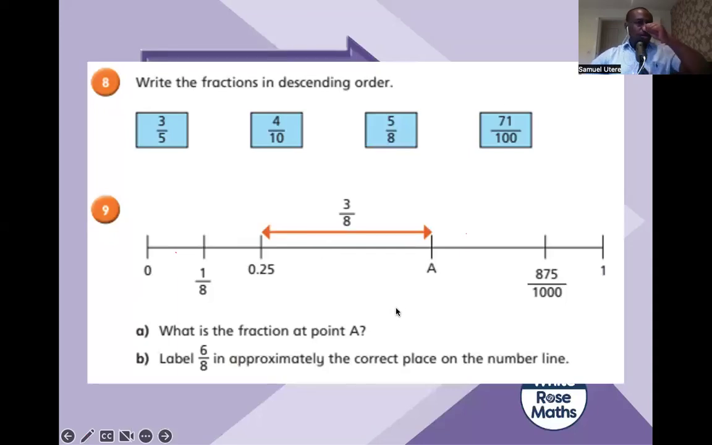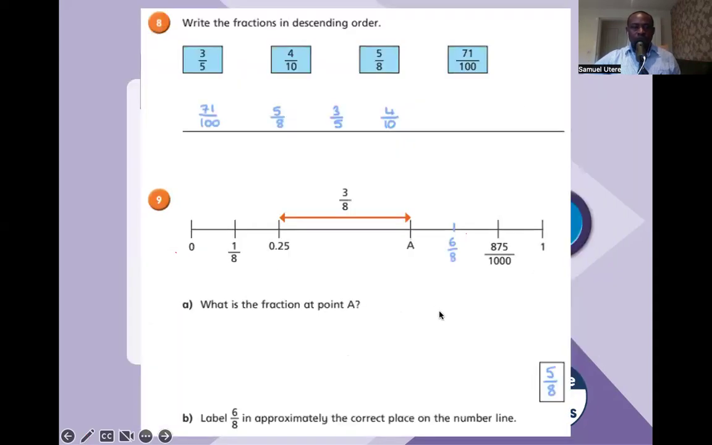Pause the video and answer questions 8 and 9 in 3 minutes. Assuming you've paused the video and answered questions 8 and 9, here are the answers. So for question 8,